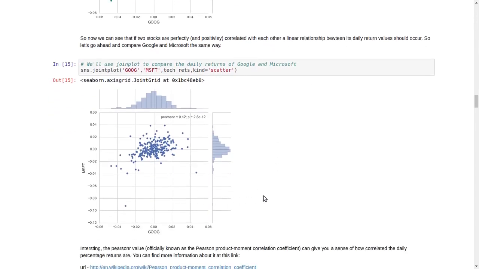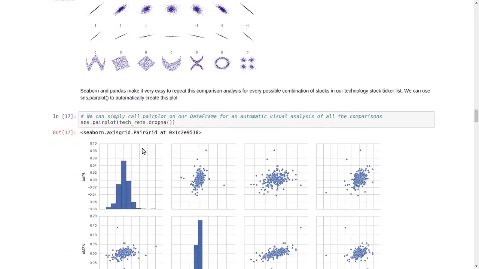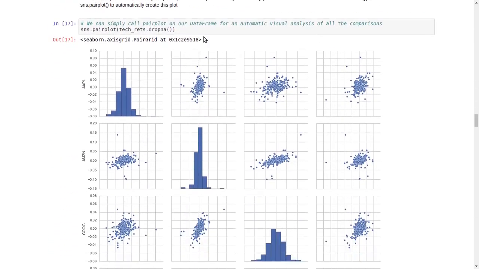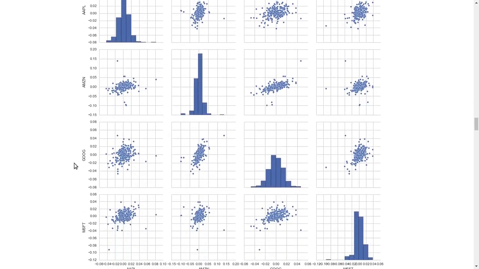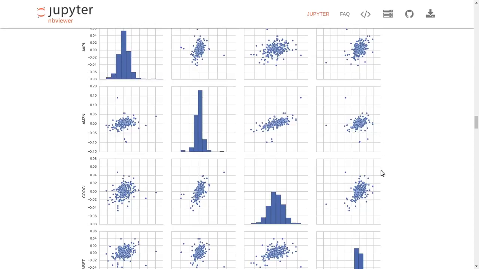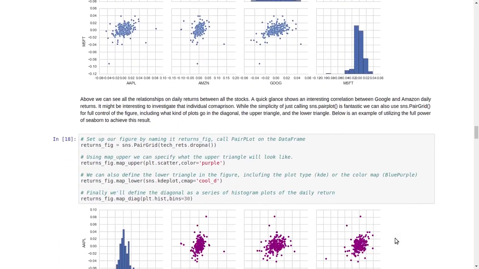Here also we have used Seaborn for plotting. Now here we have used pair plot on our data frame for automatic visual analysis of all the comparisons. Like we have compared Microsoft, Google, Amazon, and Apple. We have compared the data of all these companies, and according to that, we can generalize the risk.